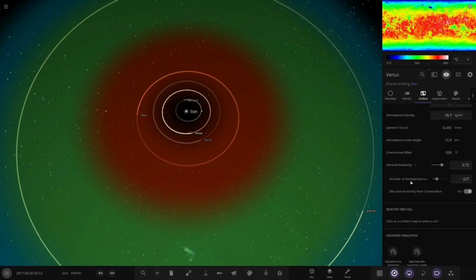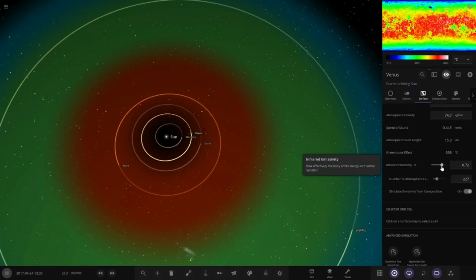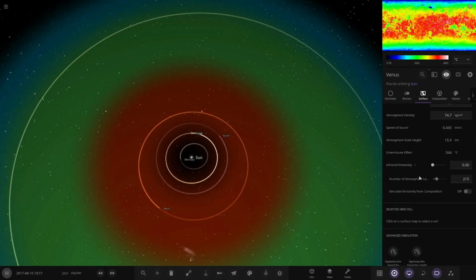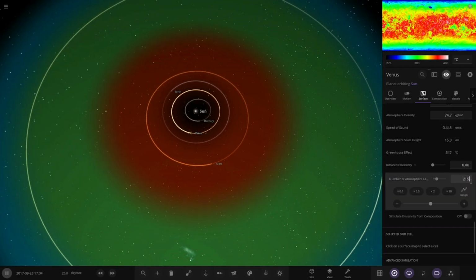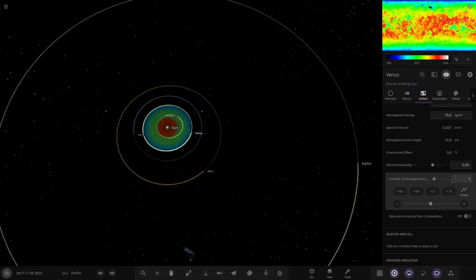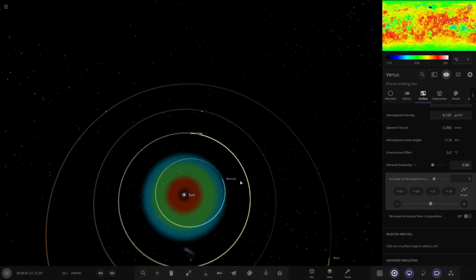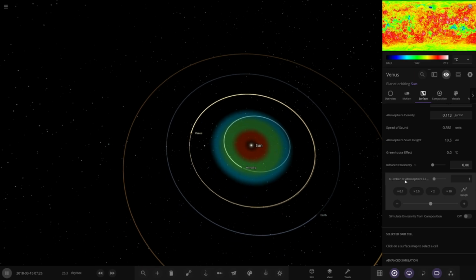So yeah, Venus is a little bit crazy. It has a lot of infrared, so the infrared is gonna have to go down to 0 for this, and all of these layers are gonna have to be reduced back to 1 because 215, that's a lot of layers. We want at least one layer. And there you go. So now it's pretty much outside of this whole zone, but we're going to fix that